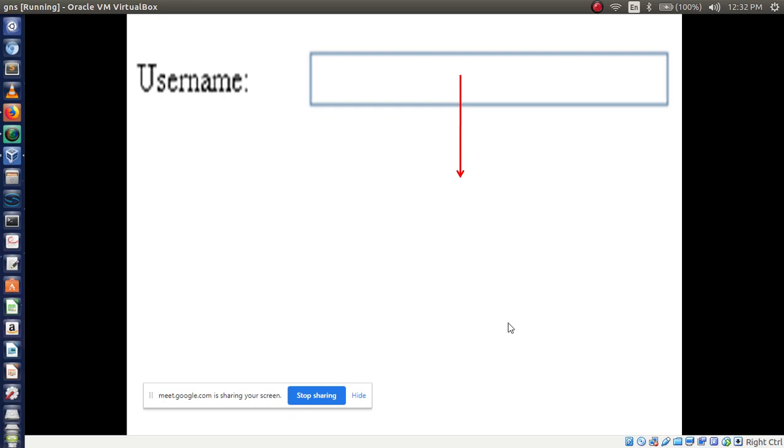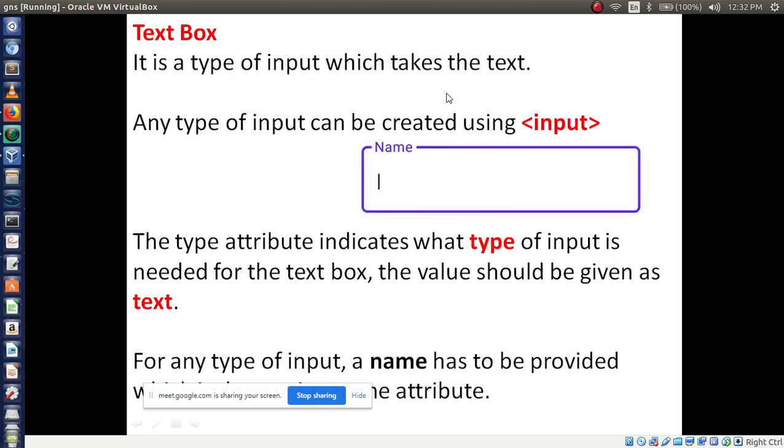To display this box in the web page, we have to write code like this. Regarding the text box, it is a type of input. So first we write input followed by type. It is a type of input which takes text, symbols or numbers.